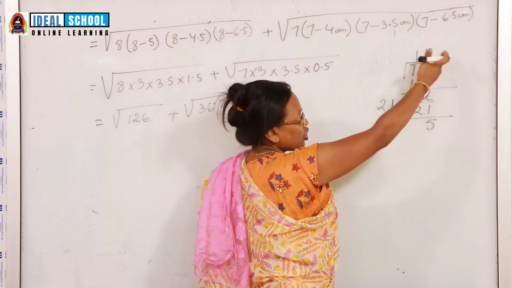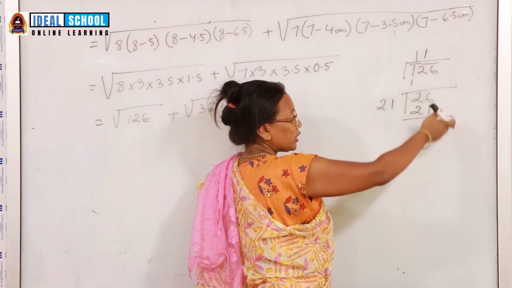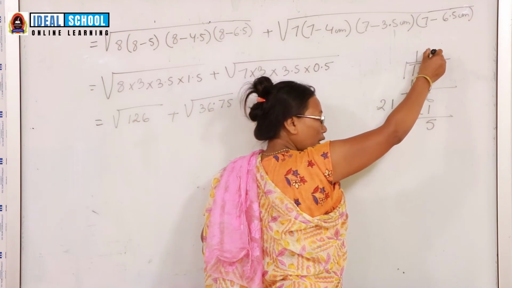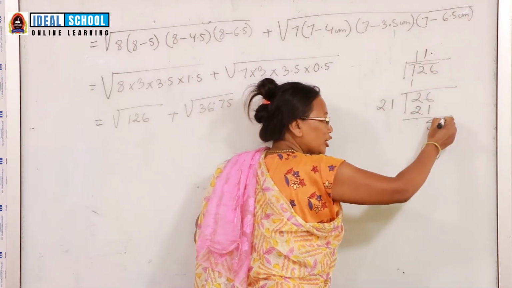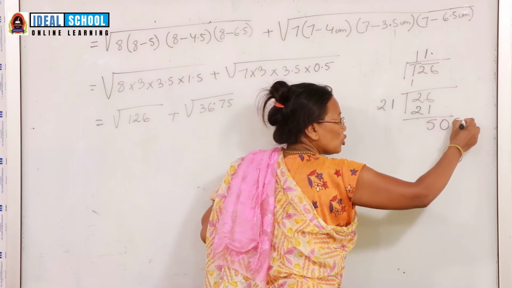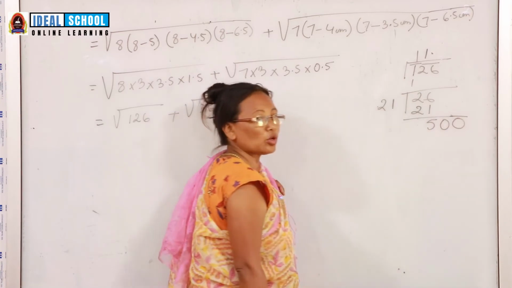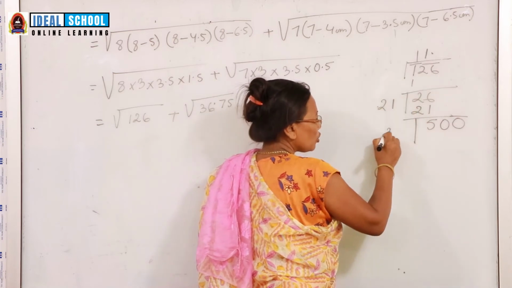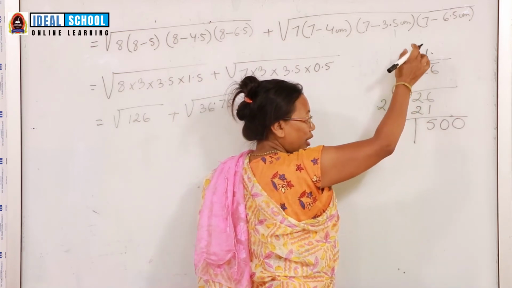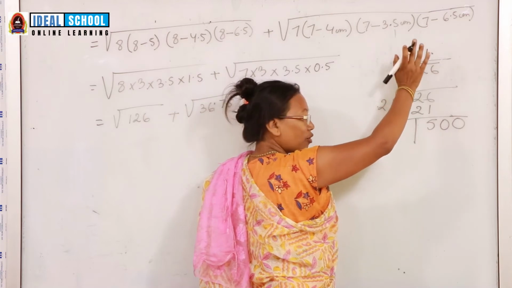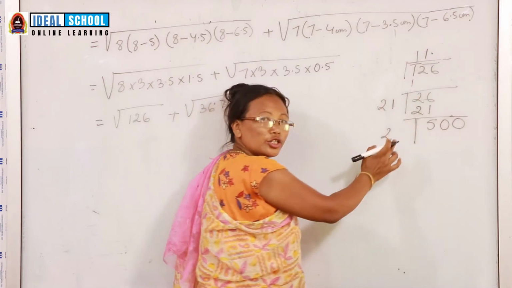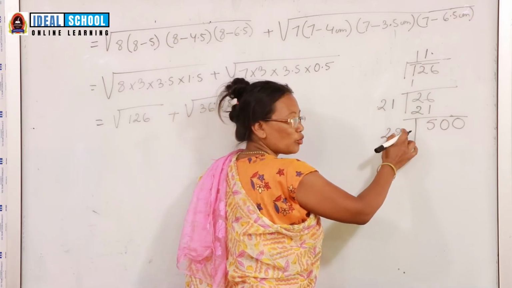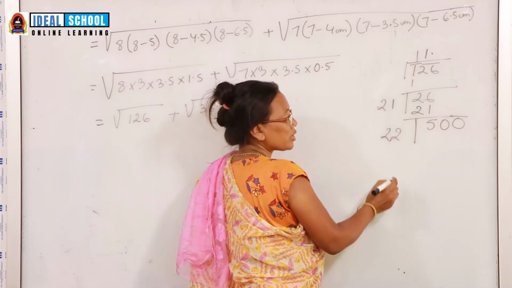After this, there is no number which we can take. That's why we are going to use the point. After keeping the point here, we take two digits, 00. Then again, the same process. 2 times 1 is 2. We multiply by 2 here. In every step, don't forget that. Then again, we search for another digit here. Now let's search.